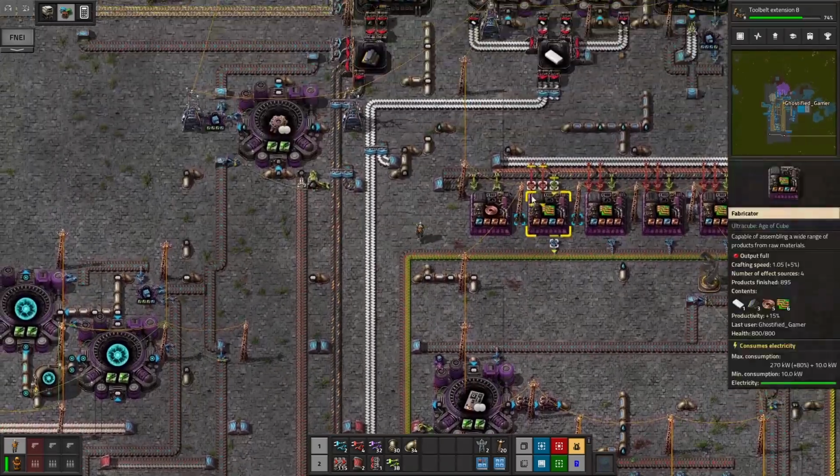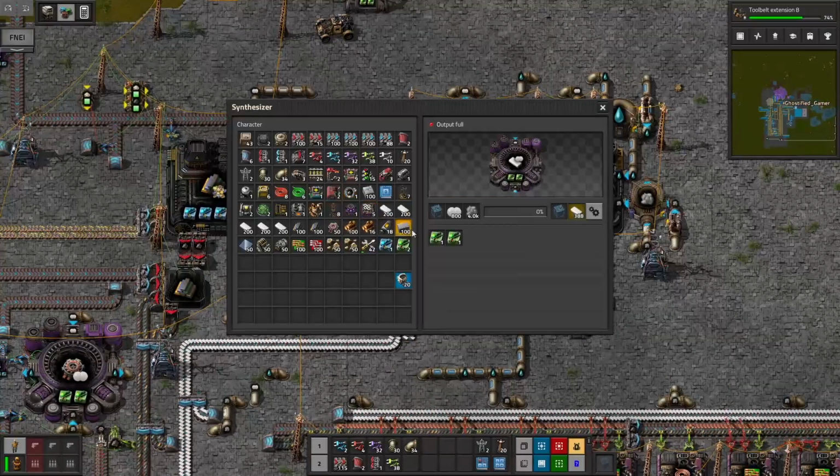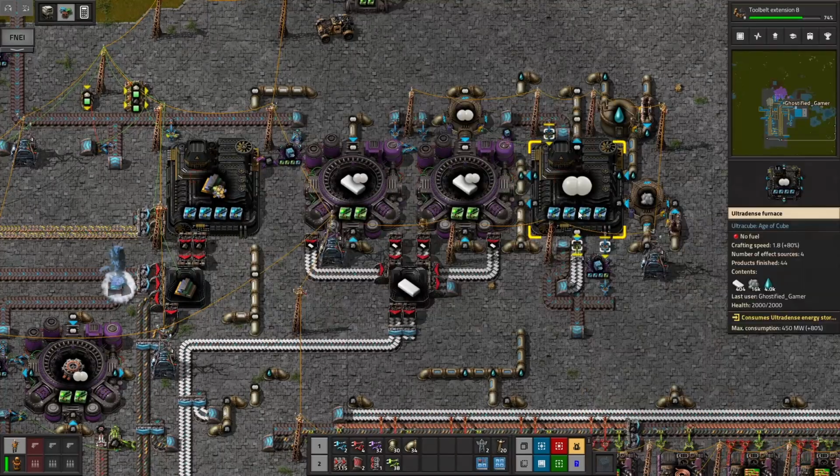There is an exception. Now up here, let's go over this real quick. So this is basic matter replication. They're like plastic bars, you know, renamed. And these are your basic building blocks for everything. So when you need this for science, for circuits, for everything. So this is a pass-through, basically. Grab the cube, few seconds in, pops it out. That's why these are